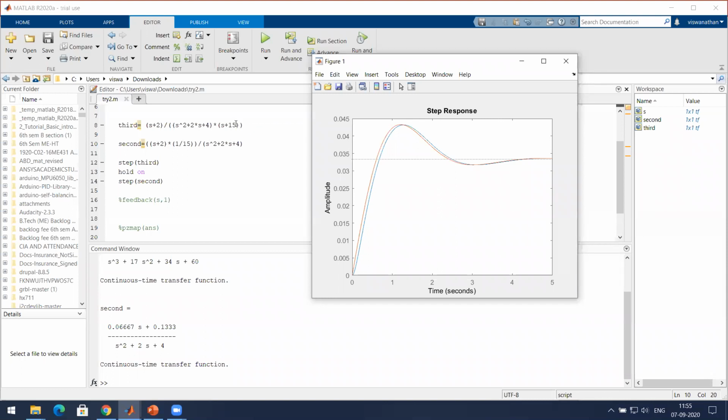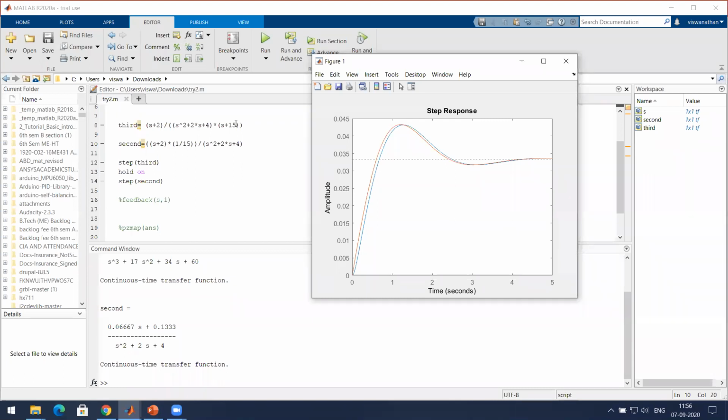So the only use of all these things is if you don't have MATLAB. People did not have MATLAB when they developed control systems. When they came up with the theories of control engineering, they didn't have any tools like MATLAB or even computers. So they had to depend on hand calculations and so on. So that's the reason why there is a concept of how you reduce a third order system to a second order system.